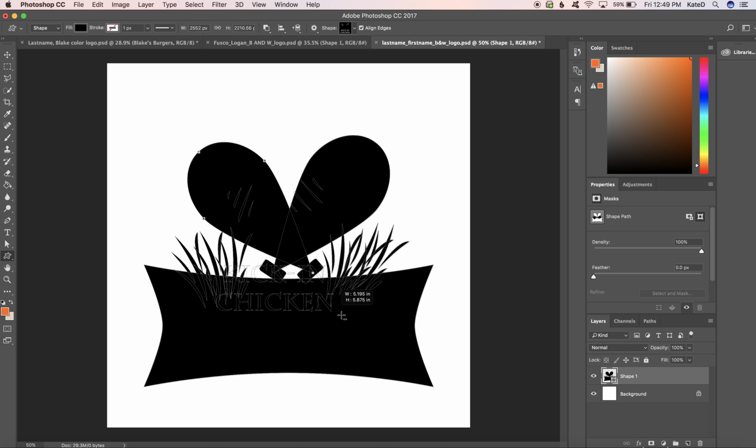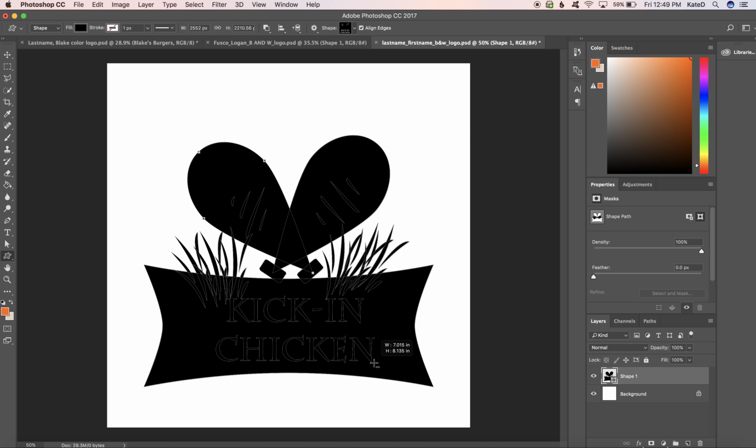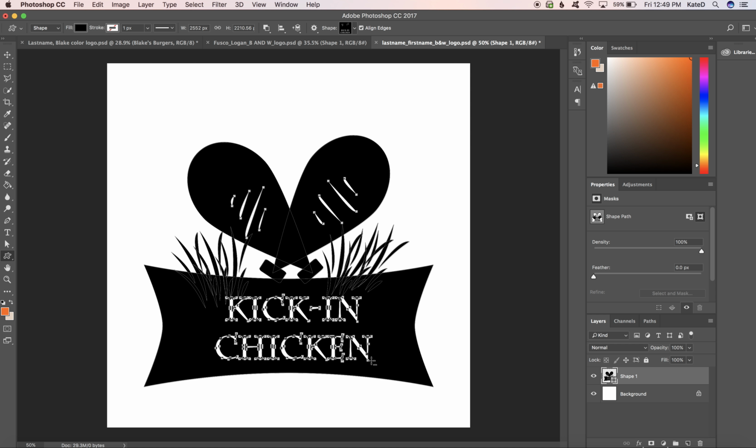And now as I draw out the Kickin' Chicken and place it, it is cutting away from the rest of my logo design. So this is all one shape layer above the background layer in my layers panel. Really important that your black and white logo is just one shape layer so that it can be converted into a custom shape. Now, I'm not super thrilled with the exact placement and size of the Kickin' Chicken,